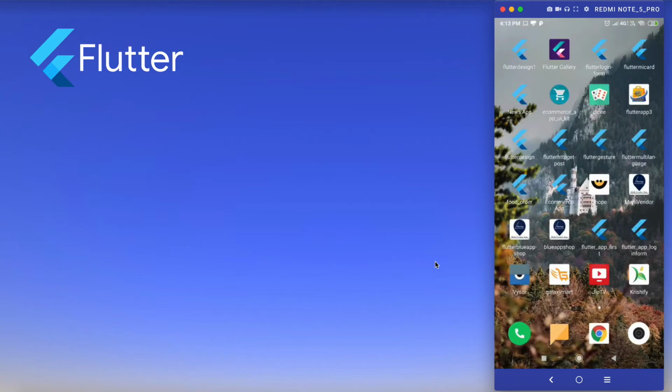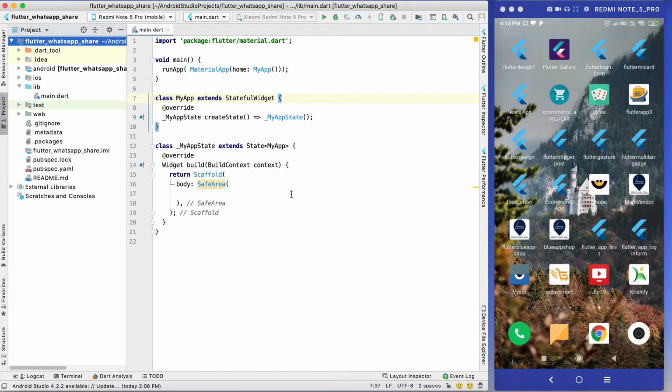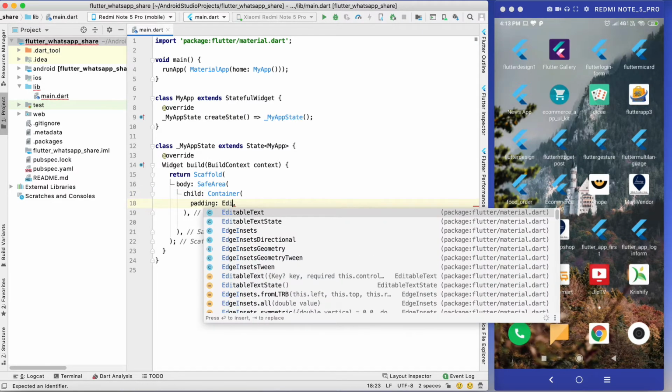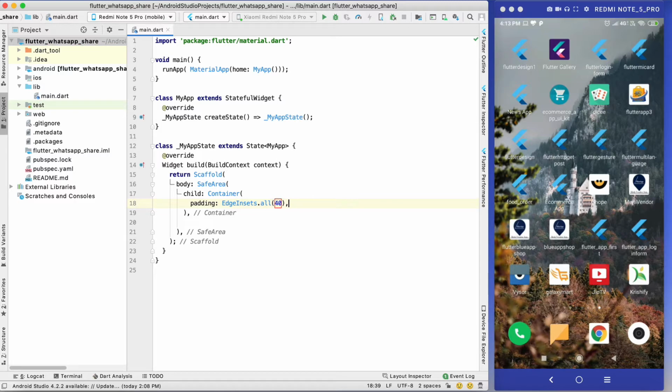Now come to the coding part. The code is very simple, there is nothing fancy about it. As you can see, I am using a simple Material app, and my app is a stateful class. I am going to create one simple button or simple text. For that I am using a Container with EdgeInsets.all of 40, and the child will be a Text, and the message is Contact us.